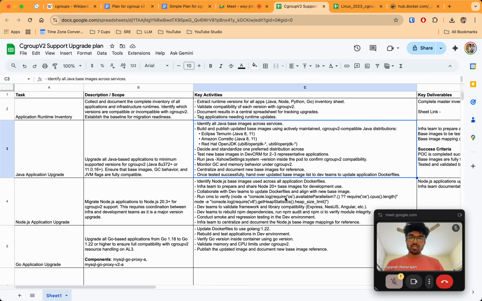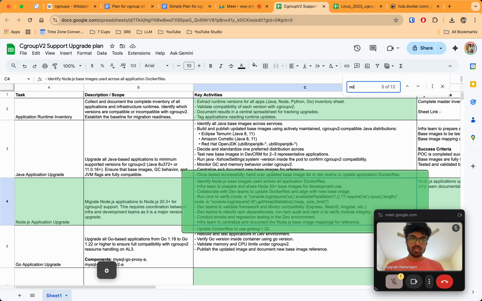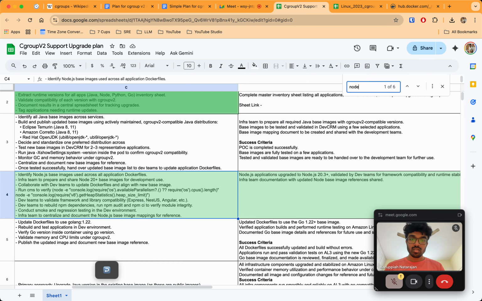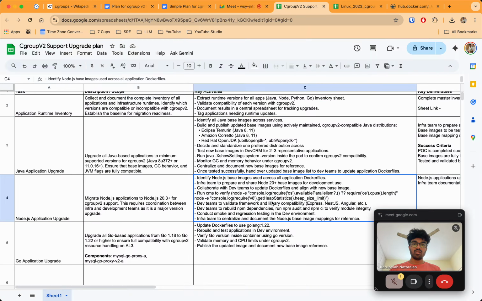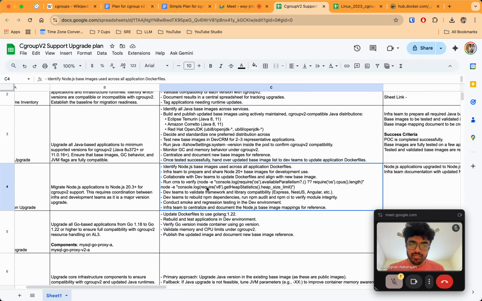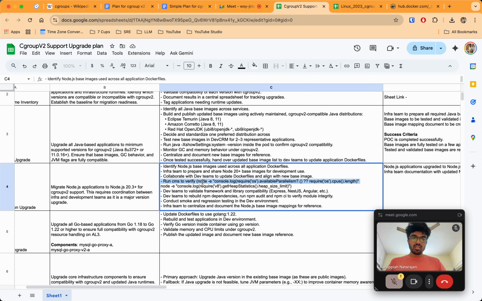I think here they mentioned that for Node.js it's Node. I wonder for Golang how do you check it out, but for Node, just say run cmd, I think, not cmd. Node hyphen e.